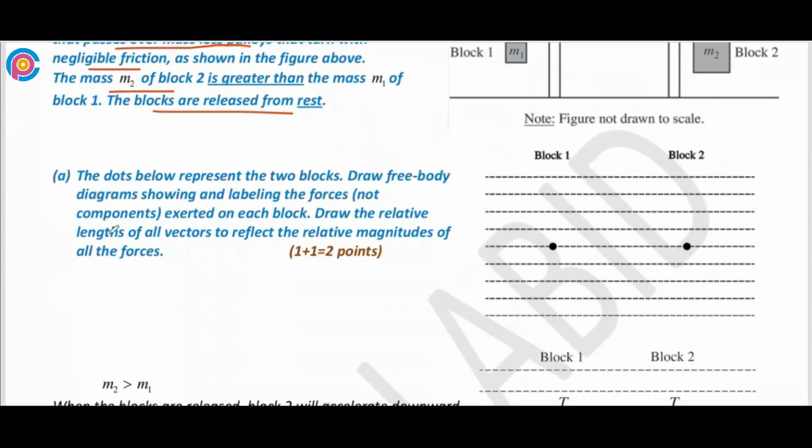The question has part A. The dots represent the two blocks. Draw a free body diagram showing and labeling the forces, not components, exerted on each block. Draw the relative lengths of the vectors to reflect the relative magnitudes of all the forces. Okay, we have two dots representing block 1 and block 2. We have to represent the forces acting on these two blocks, with vectors representing the forces according to the